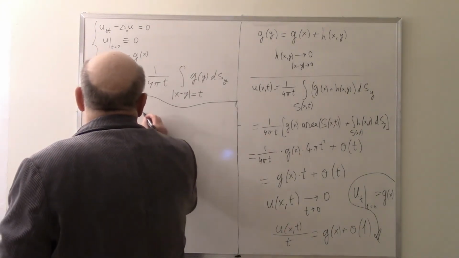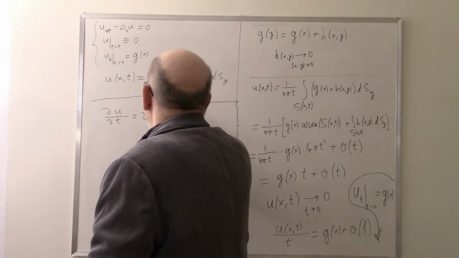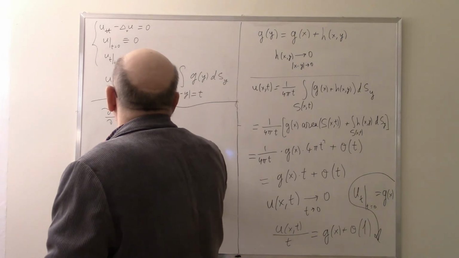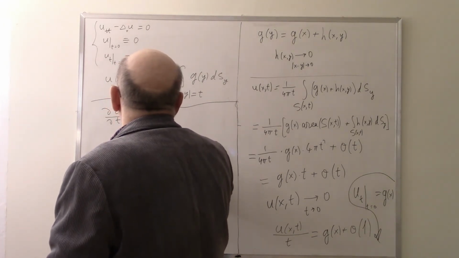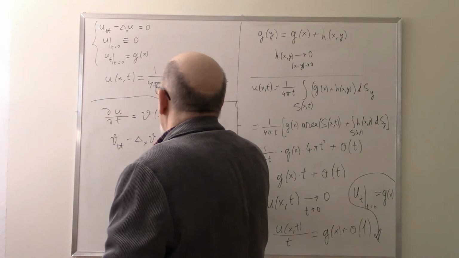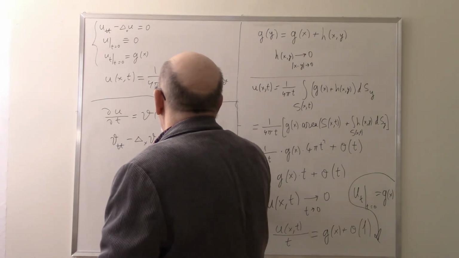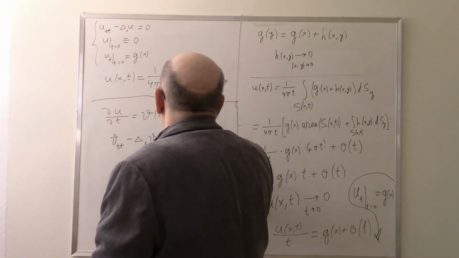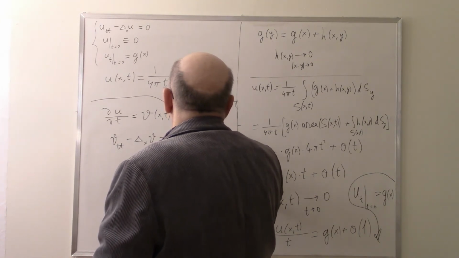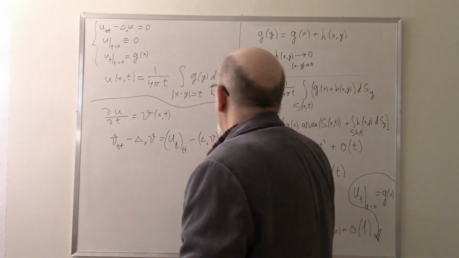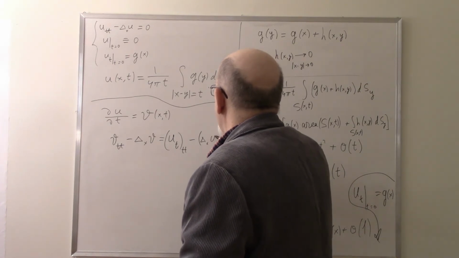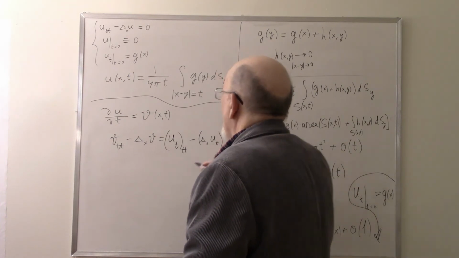Yes, let us call it for now v of x, t. So v_tt minus Laplacian over x of v equals u_t